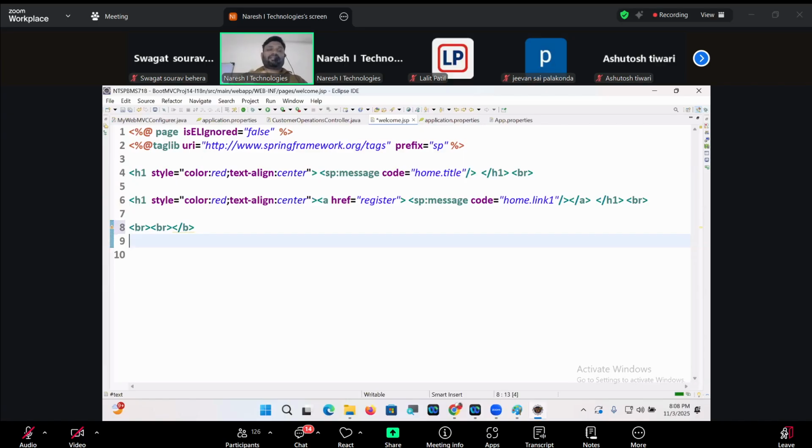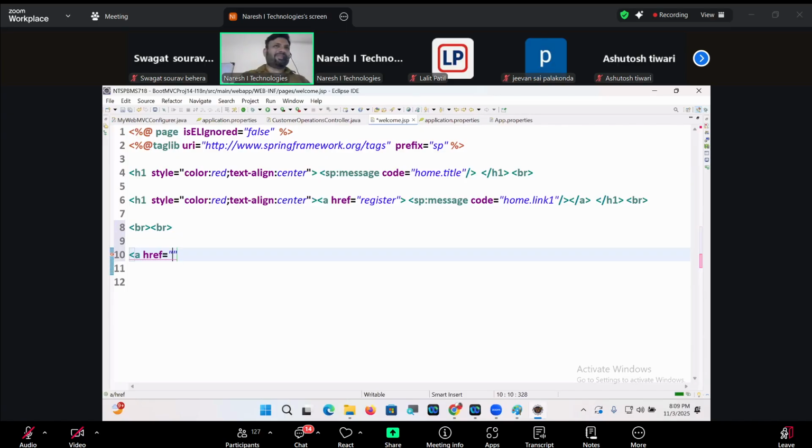Href. But see, again, it should come to the same page. After changing the label, the same page should be shown. So do I need to give the href attribute? If I give it also, again a slash should be given. But if I don't give it also, it will be the same URL. But I want to pass something. Earlier, no request parameter, but this time I want to pass. Lang is equal to, which lang do you want to pass? D underscore D, German. I want to write in German, guys.